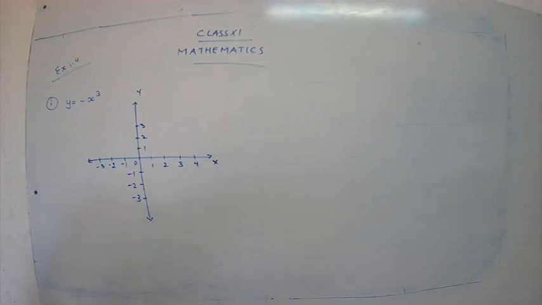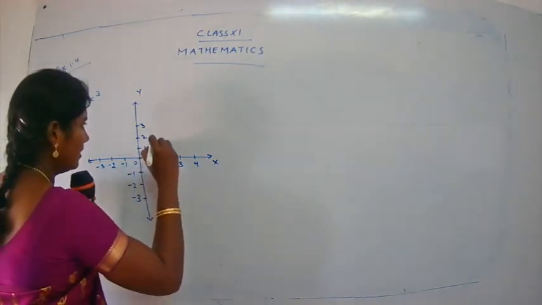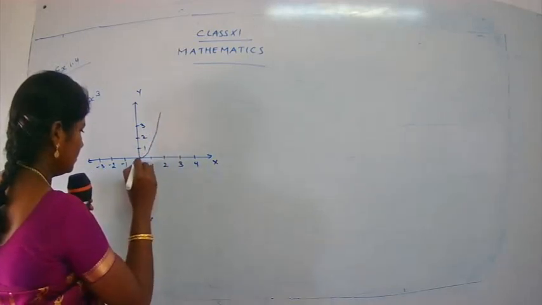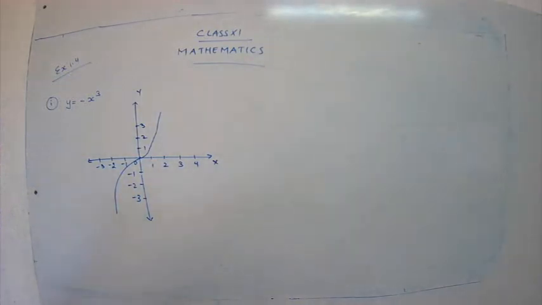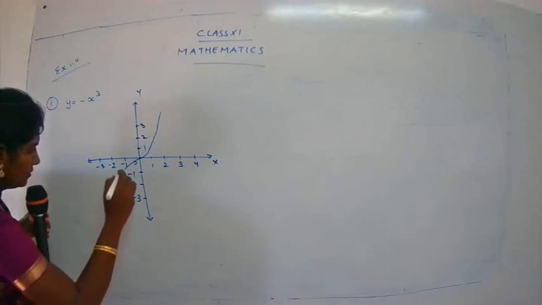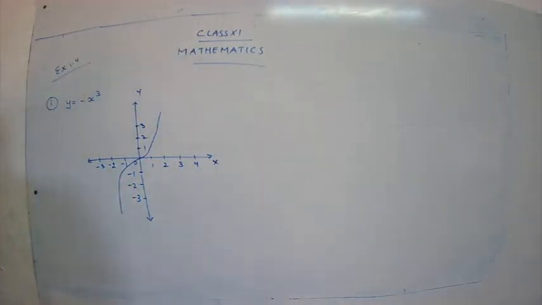So draw that curve, children, in the same manner. See how they have plotted it. You take 0, 0, then 1, 1, and somewhat 2. It goes 0 like this, it goes 1, 1, and a little it goes like this. Just draw the graph of y is equal to x cube.